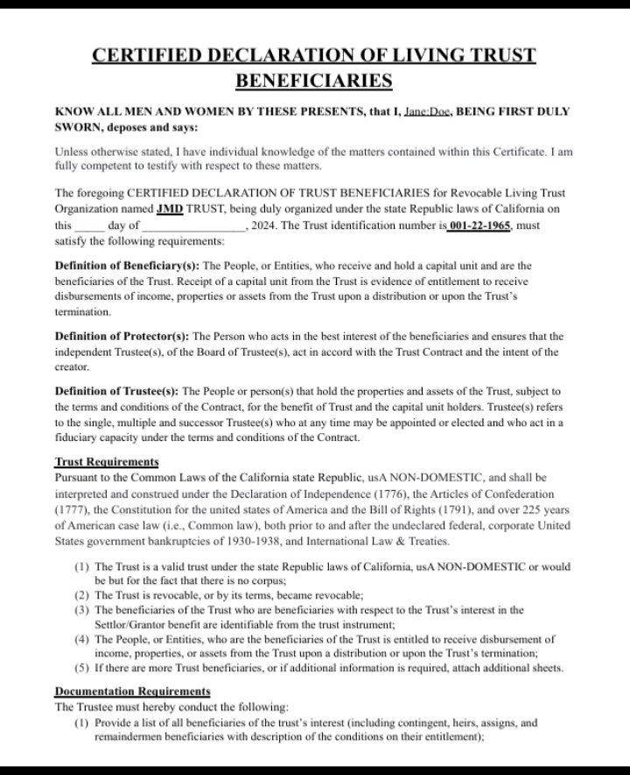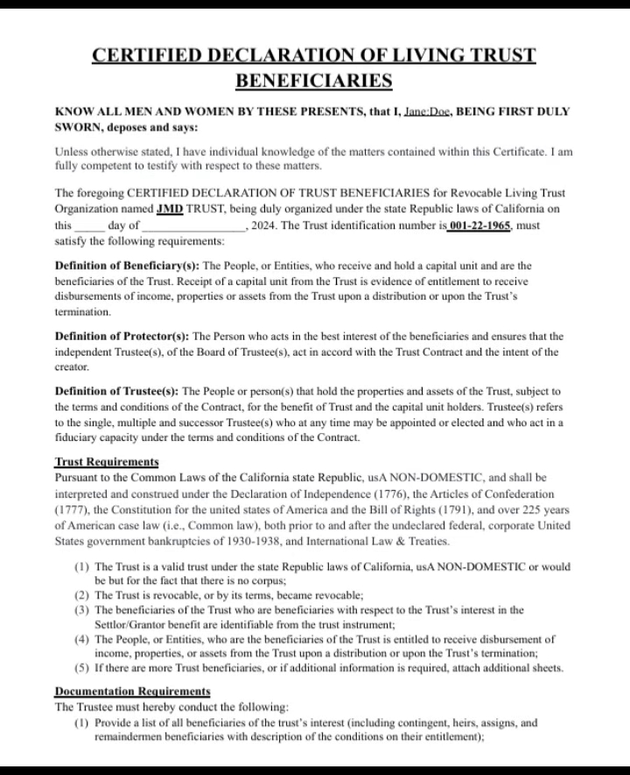Certified declaration of living trust, beneficiaries. Know all men and women by these presents that I, Jane Doe, being first duly sworn, deposes and says, unless otherwise stated, I have individual knowledge of the matters contained within the certificate. I am fully competent to testify with respect to these matters. The foregoing certified declaration of trust beneficiaries for Revocable Living Trust Organization JMD Trust being duly organized under the state republic laws of California,